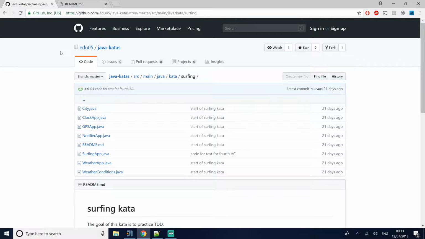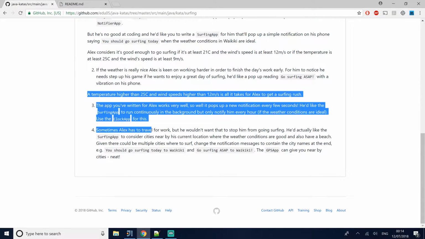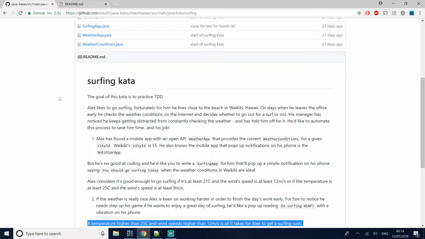And for this video, I'm gonna use the Java kata that I've written called the surfing kata. I'm gonna start halfway through the exercise, which is where it starts to get interesting. So after the second part of the exercise,